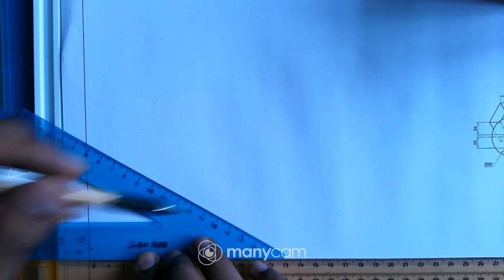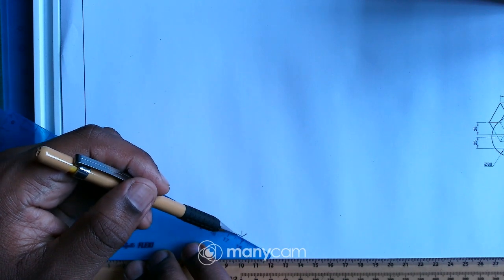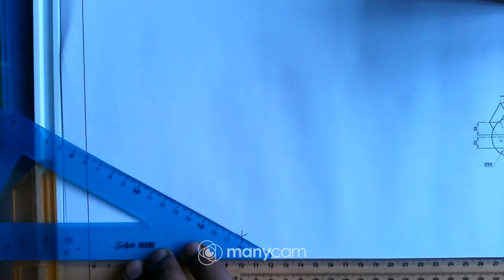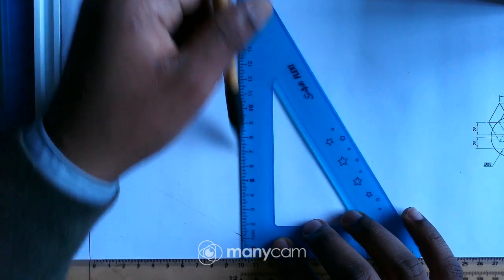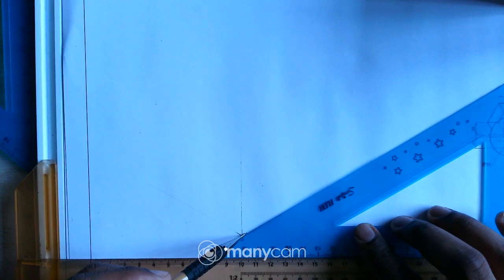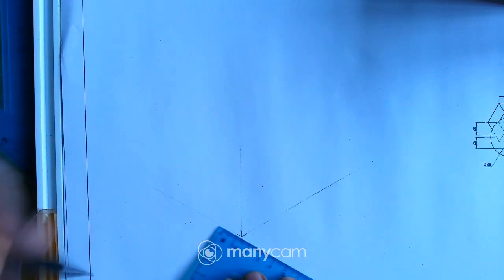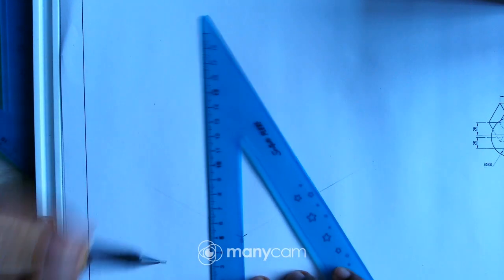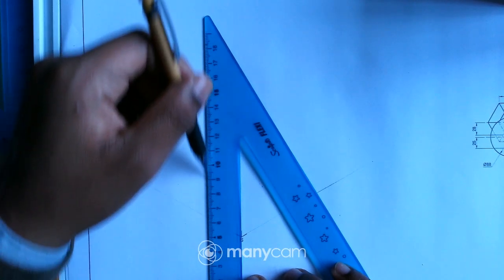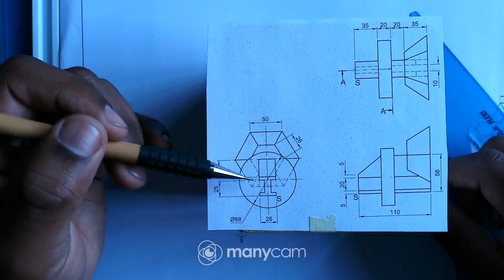So the length is 26. So I can just take my 30 by 60 and draw a light construction line, and also the vertical line there, and also this one on this side. Okay, so I'll mark off 26 there like that and draw a vertical construction line. Remember, I'm trying to draw this eye shape, right?